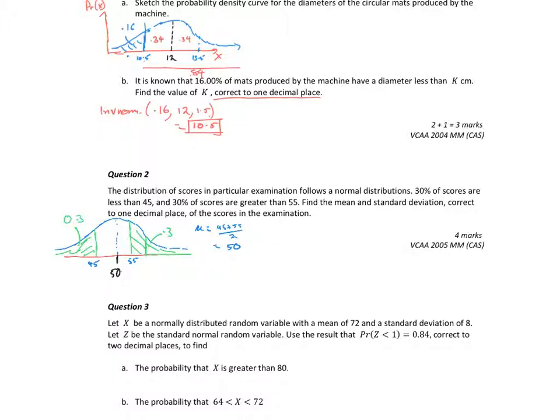So on further reading, I changed my mind again. Now it's going to have to be tech active, because what I need to know now is I know that the probability that X is less than 45, for example, is equal to 0.3. So I need to find an equivalent Z value. The probability that Z is less than what value is equal to 0.3, because then that'll give me Z equal to negative